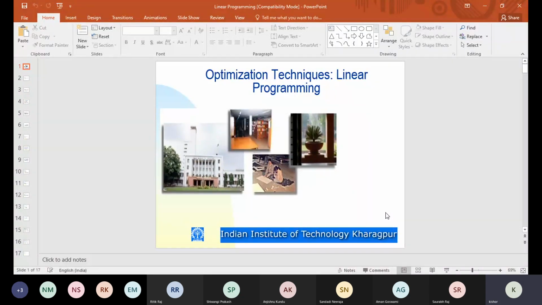Anyway, when we talk about optimization techniques, why is it important? For one section, I said it a little bit. In my first lecture, I said that your resources are limited. With your limited resources, you want to maximize your profit. Suppose you are doing a business, then profit maximization may be your objective. And you can do that by optimal utilization of your resources, to the best level you want to utilize those resources.